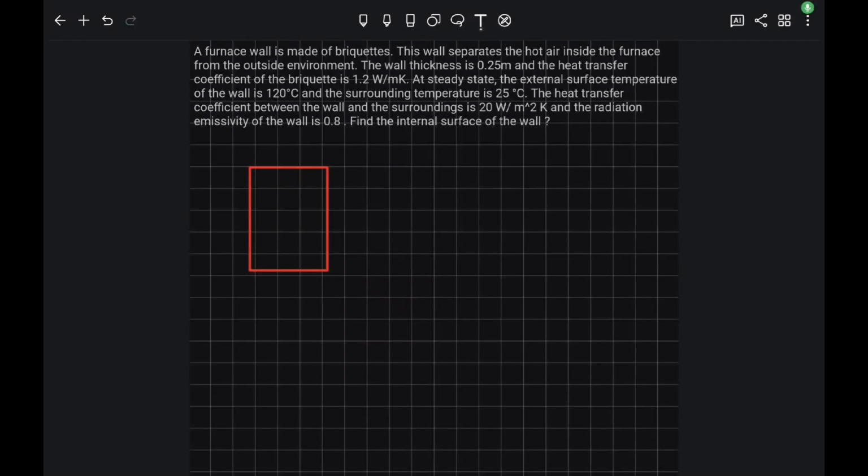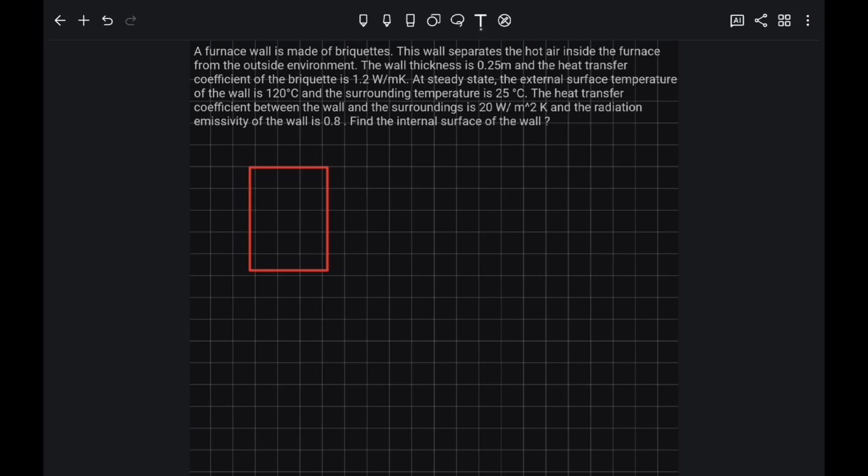is made of briquettes. This wall separates the hot air inside the furnace from the outside environment. The wall thickness is 0.25 meter and the heat transfer coefficient of the briquette is 1.2 watt over meter Kelvin. At steady state, the external surface temperature of the wall is 120 Celsius degree and the surrounding temperature is 25 Celsius degree. The heat transfer coefficient between the wall and the surroundings is 20 watt over meter square Kelvin, and